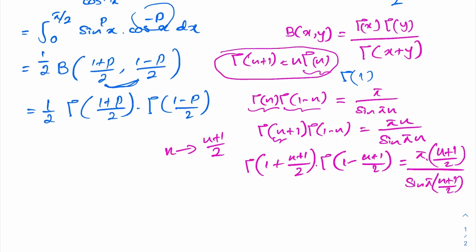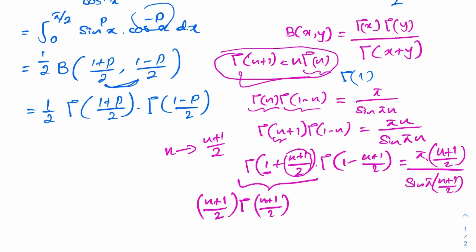We know gamma of 1 plus n is equal to n times gamma of n. So here also we have gamma of 1 plus, instead of n we can use (n plus 1) over 2. So we can apply this formula. So we have (n plus 1) over 2 times gamma of (n plus 1) over 2 times gamma of, here if we simplify this part, we know 2 minus 1 minus n over 2. So gamma of,